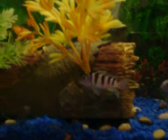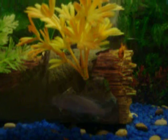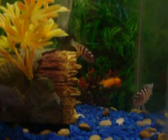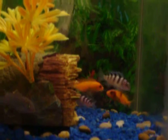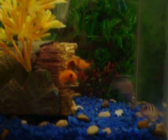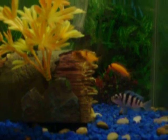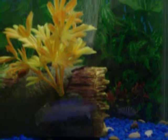Thunder. Are you nipping? You better stop it. Turn this way. That one's really pretty. Both of the zebras are. That little orange and black one isn't growing as fast as the other ones. He was always a little bit smaller, but